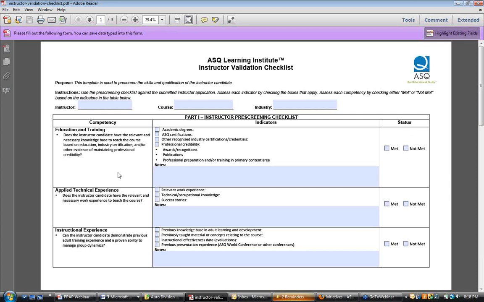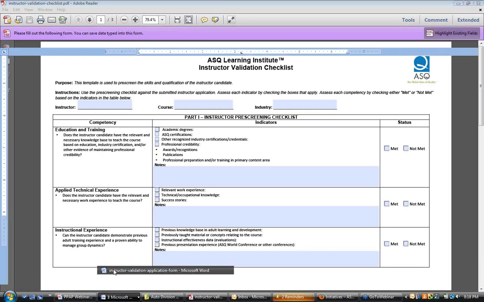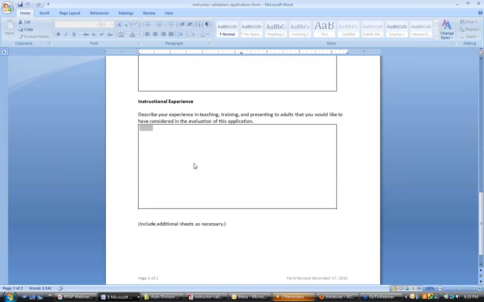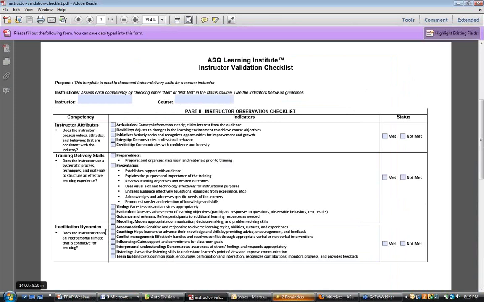And so then we've got the applied technical skills and the instructional experience. Those are going to be based on the information you provide in this box and the information you provide in this box. If we go to the second page, looking at the instructor attributes, training delivery skills, and facilitation dynamics,